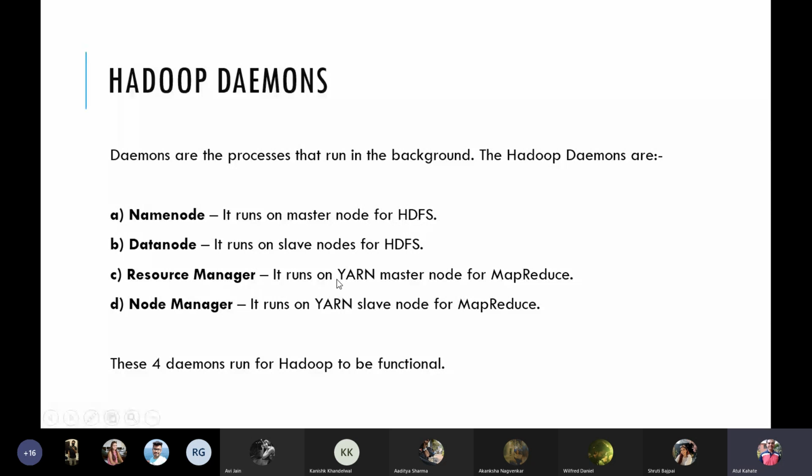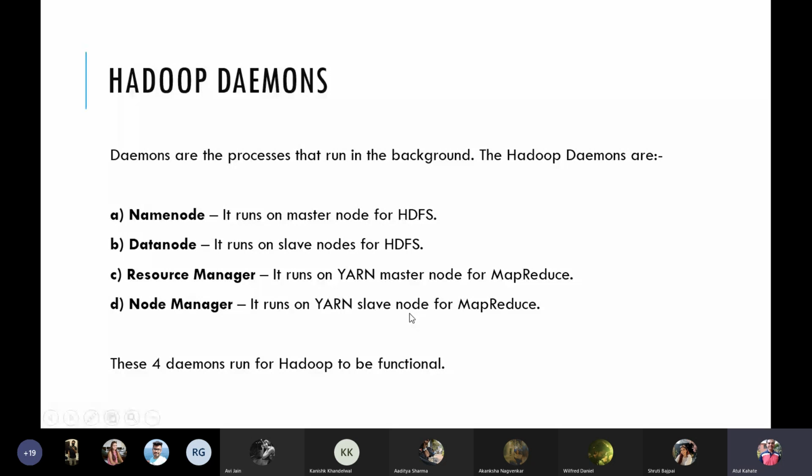Resource manager runs on the master for MapReduce and YARN. So these 2 are master processes, whereas data node and node manager run on the slaves, respectively for HDFS and YARN or MapReduce.